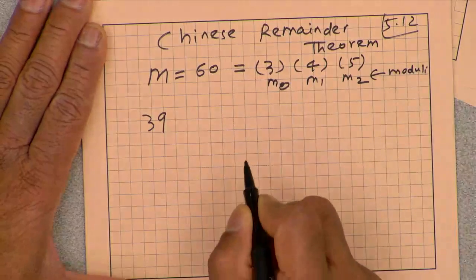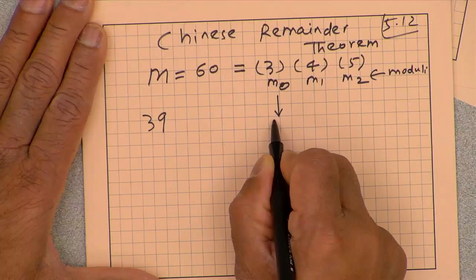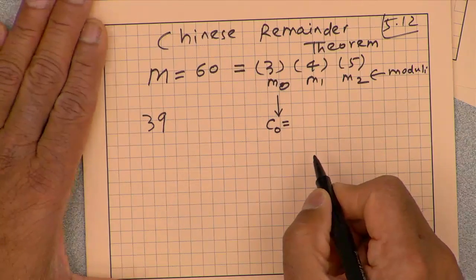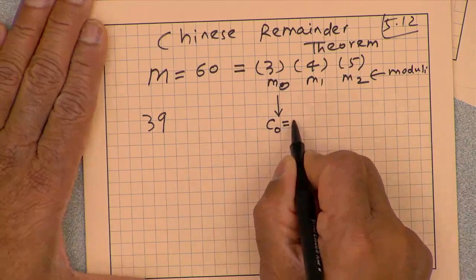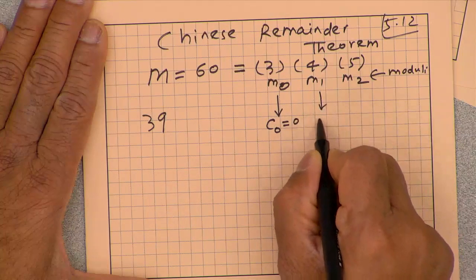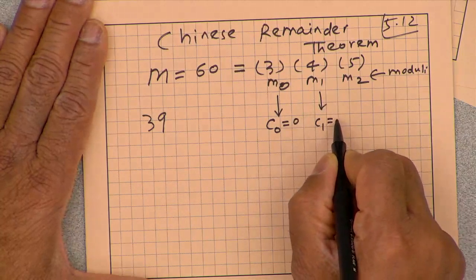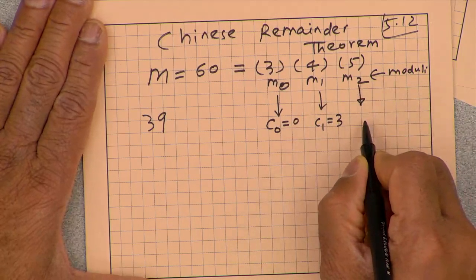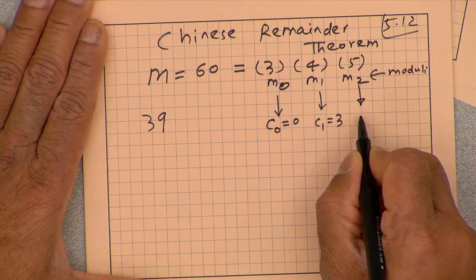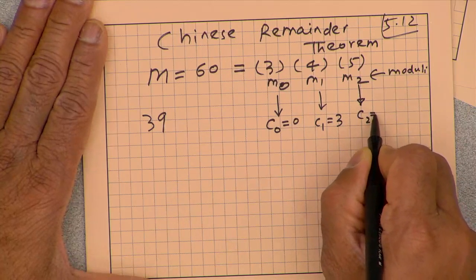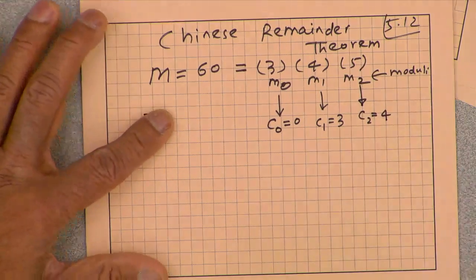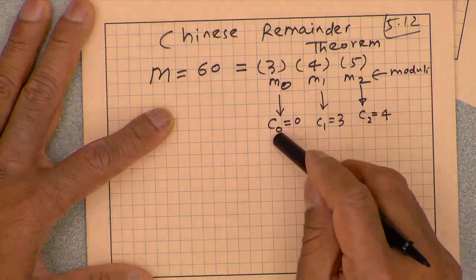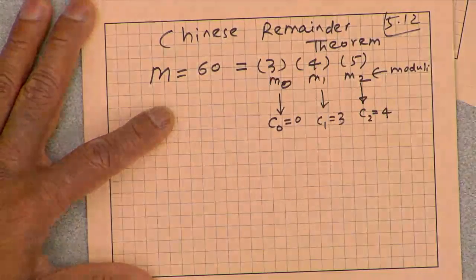so what is the remainder? Let's call this remainder C0. 39 divided by 3, what's the remainder? 0. 39 divided by 4, 4 times 9, 36, plus 3. 5 times what is 39? 5 times 7, 35, plus 4. Okay, you thought of 39, you don't need to tell me that, just assume you didn't tell me. Just assume that you told me the remainders with respect to these small numbers.